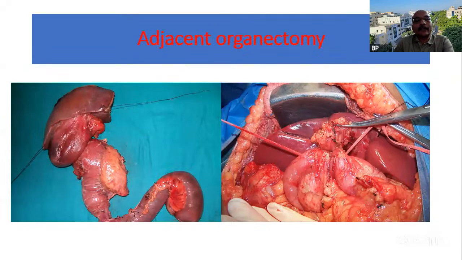Adjacent organ resection can also be performed, but when this is performed, you have to be very clear that you can achieve an R0 resection and the patient can come out with less morbidity and practically no mortality. Then only there is a point in doing an adjacent organ resection. So basically you are dealing with the omentum, the duodenum, and also the colon. These are the 3 organs. And second involvement is through the bile duct and to the head of the pancreas. So you may end up doing a pancreatoduodenectomy as well.